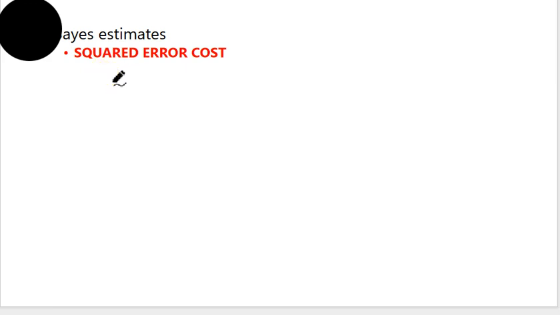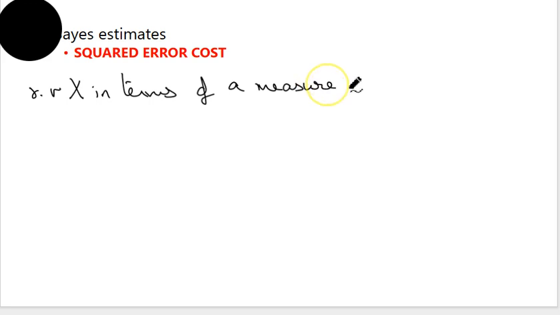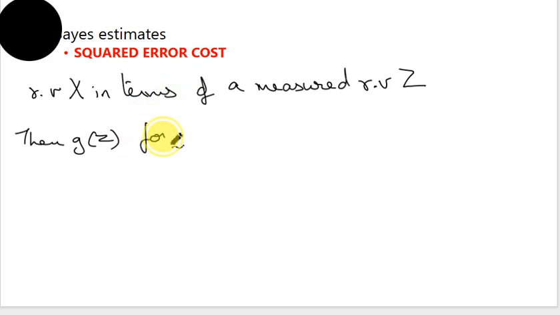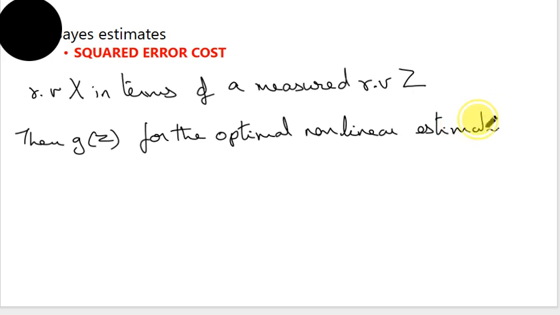If we consider a random variable capital X, in terms of a measured random variable, let me say capital Z, for the squared cost error function, then a function g of Z for the optimal nonlinear estimate of X